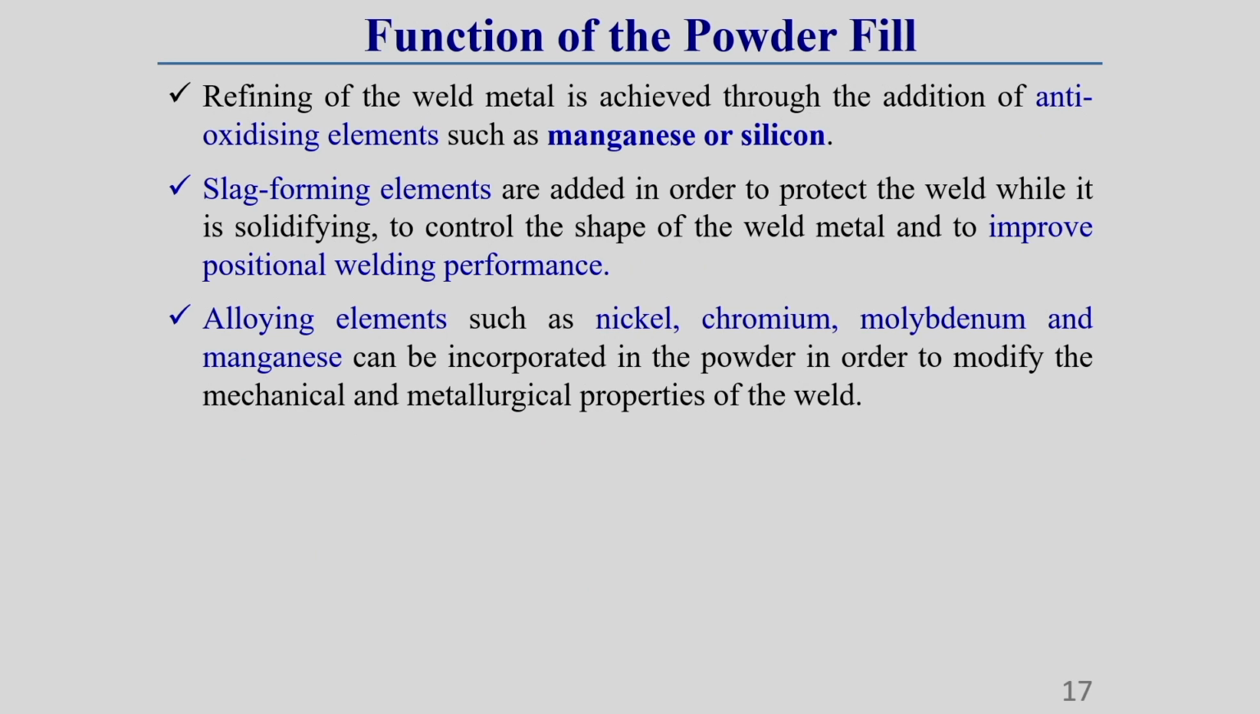Here you should keep it in mind. The powder which is used inside the flux can contain anti-oxidizing elements. This anti-oxidizing element generally acts as an antioxidant. It is generally manganese and silicon, or it can contain slag forming elements. Slag forming elements, I have already told you, also help to protect the molten pool from atmospheric contamination,